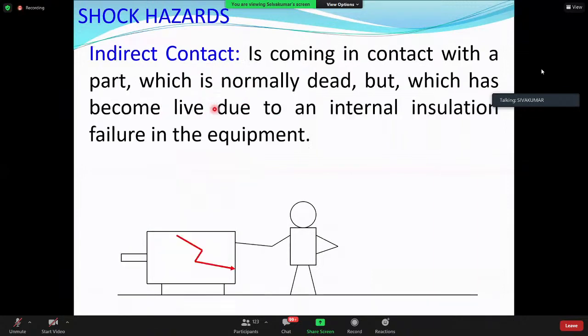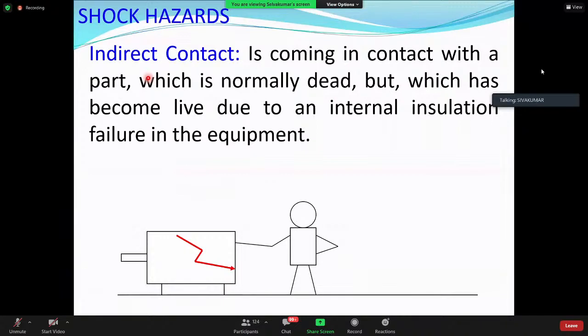Indirect contact is when you will not even know. Inside, the earth fault will be there and the motor enclosure will be live. So you don't even know. If you touch the enclosure, you'll get a shock, like your electric iron box in your house, or the geyser pipe in your bathroom. You don't even know, and whenever an earth fault happens, you go and touch it, you will get